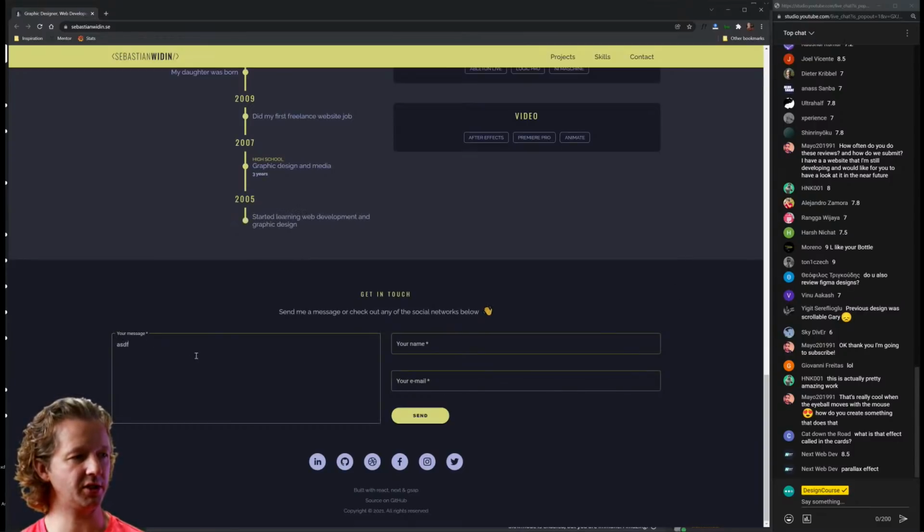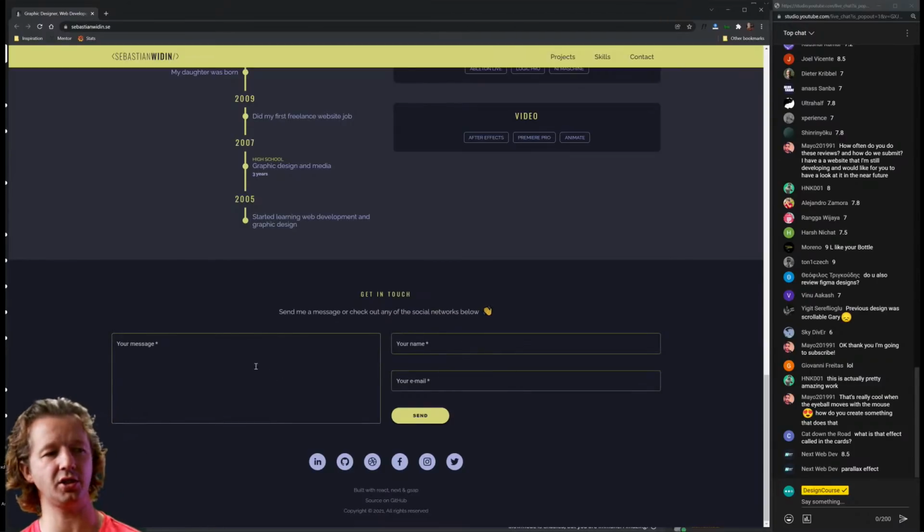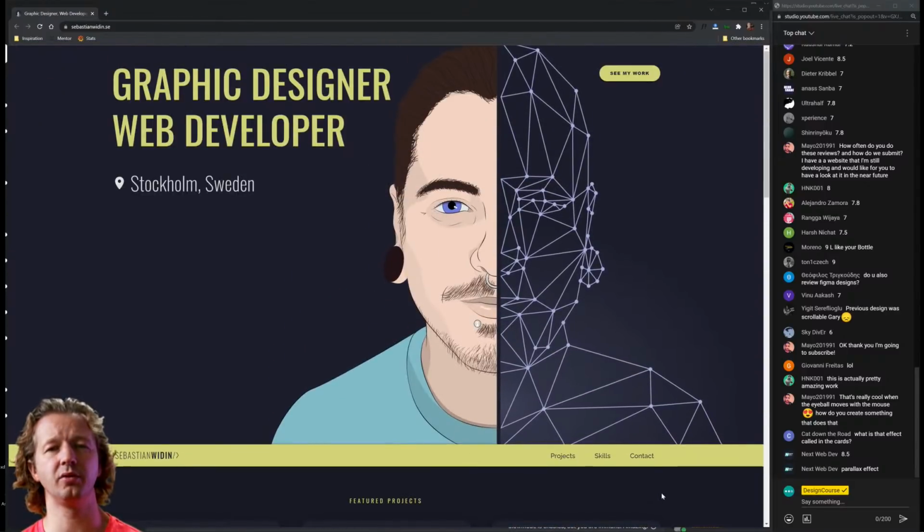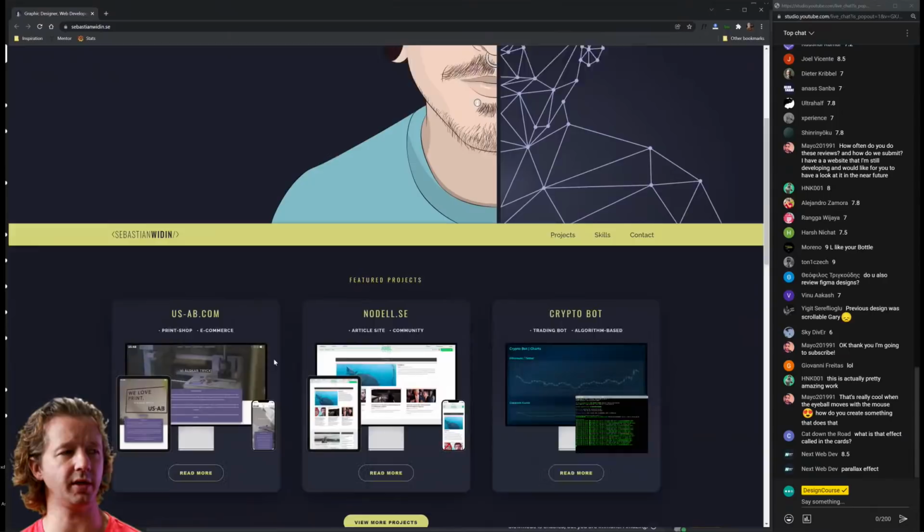All right, your message, does that work? Okay, it's a floating label at least, so it doesn't go away. It wasn't just a placeholder value. It's a little interesting of a layout. I would probably opt to have your name and email in the left column, and then your message on the right, simply because people are used to that pattern. They're used to filling in their name, their email, and then the message. Other than that, I'm fairly certain this is definitely a big improvement from what you had originally.